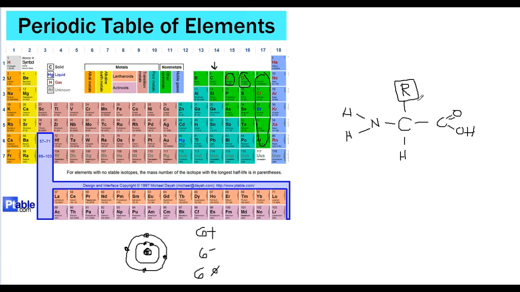They'll have carbon and hydrogens in this R group. Some of them are quite complex. They have ring structures and other things that are going to be much more complex. Now, the way that bonding occurs